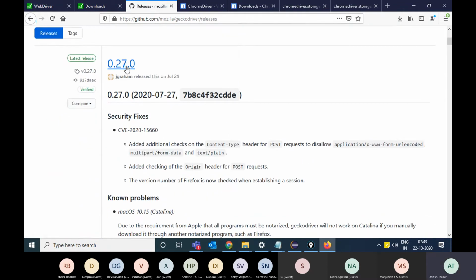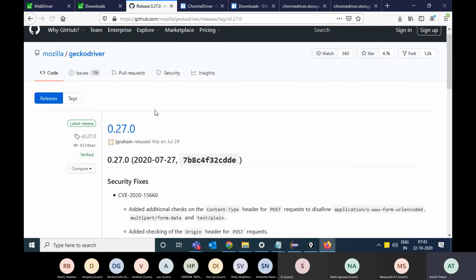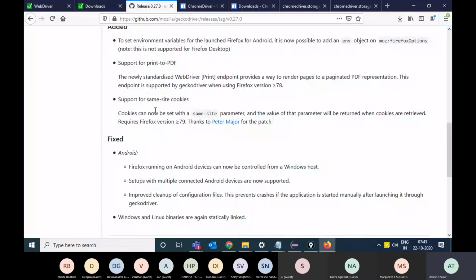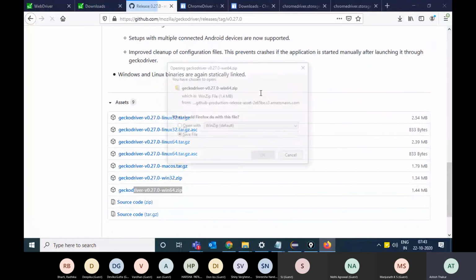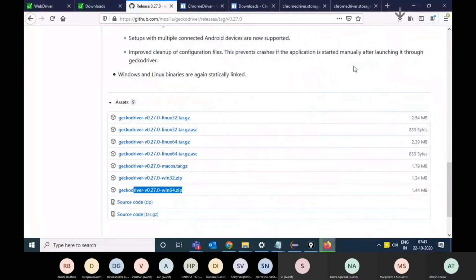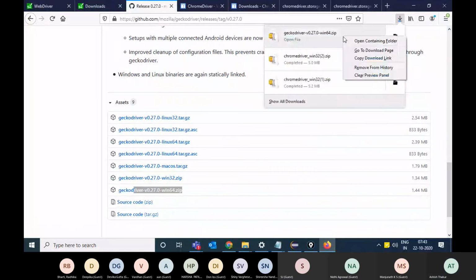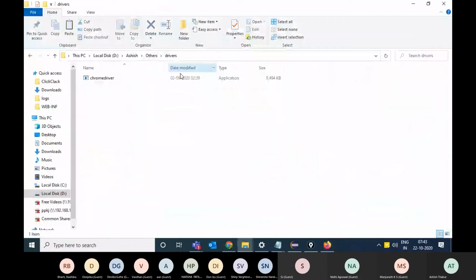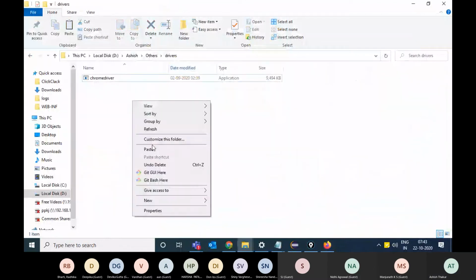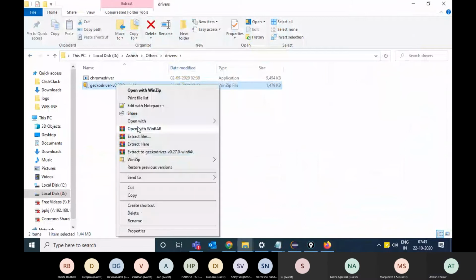Like you have this 0.27, you just go here and download it for your operating system, Windows 64-bit like I have. And you will have this geckodriver.exe.